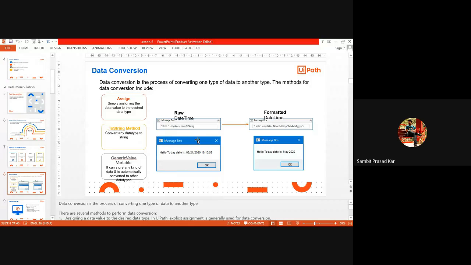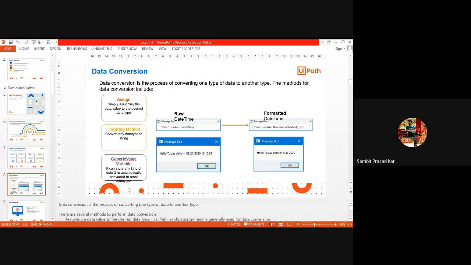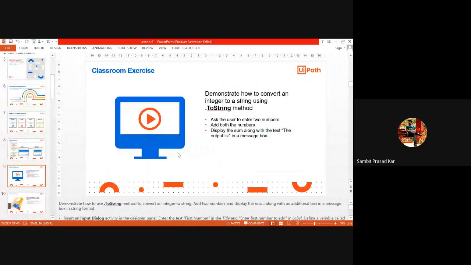So if you want to showcase, hello plus my date now to string, it will show hello, today's date is this, time is this. Similarly, hello, my date is this, to string data is this, May 2020. A generic variable can store any kind of data, automatically converted to other data types. We have already seen this, right?